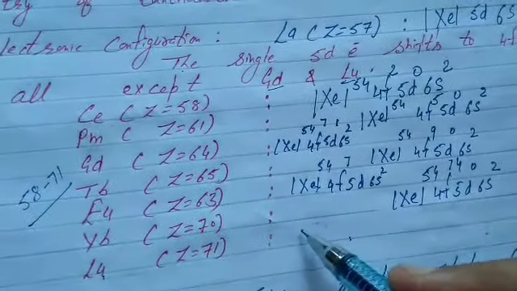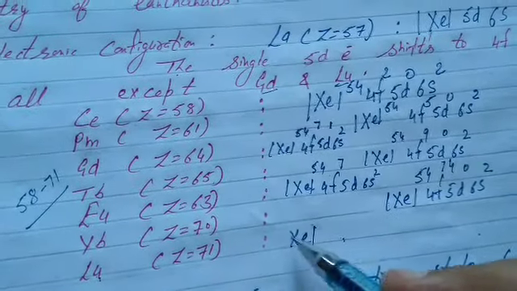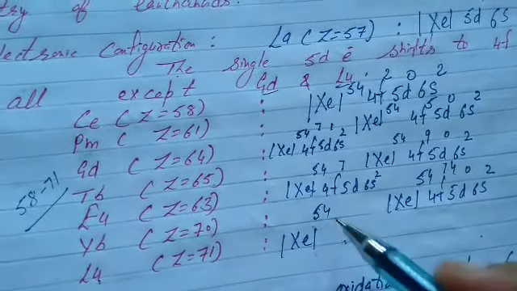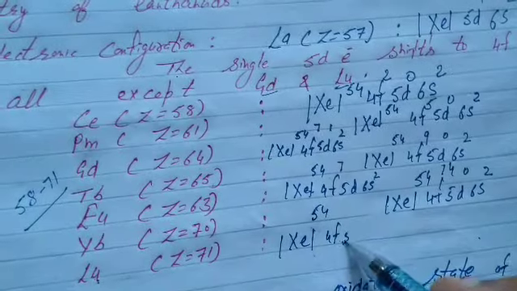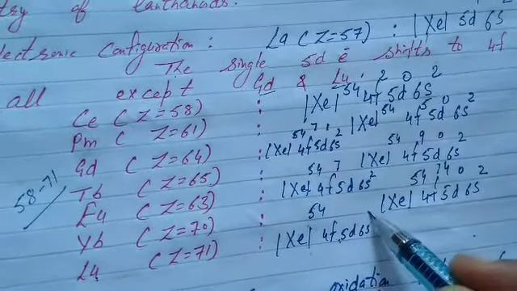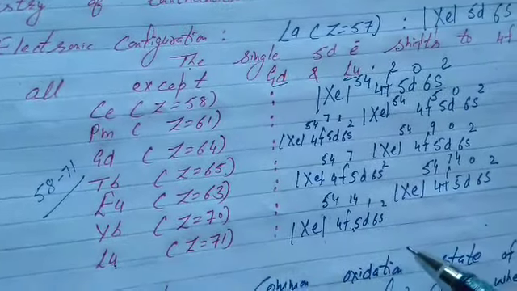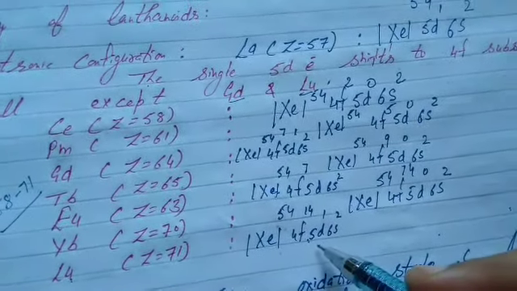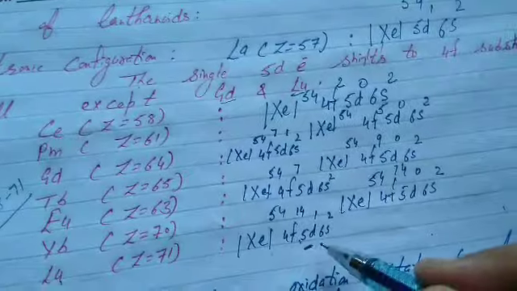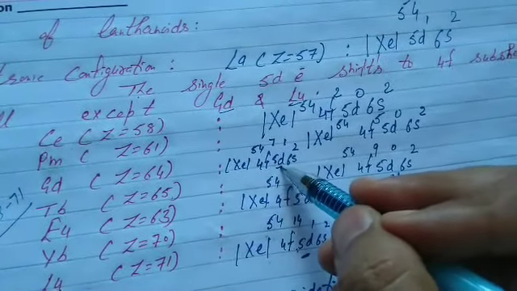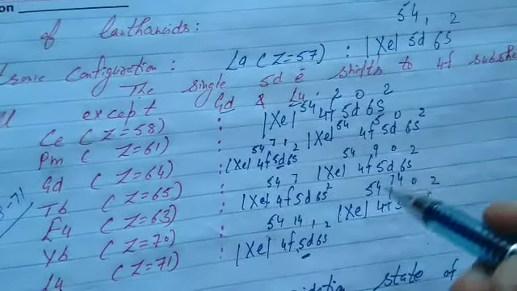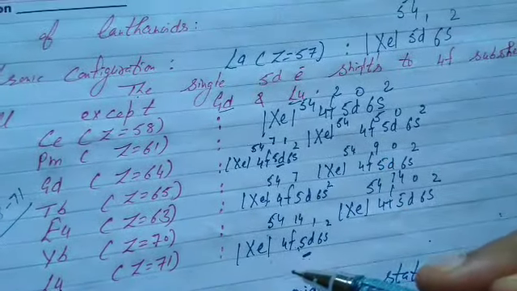Last one is lutetium. It is the last lanthanoid. Xenon. I tell you write 4f 5d and 6s2, 56. How much left? 15. F subshell contains 14. D will remain as such. It's clear. In lutetium we mention 5d1 and in gadolinium again we mention 5d1. But in all others the 5d electron shifts to 4f.